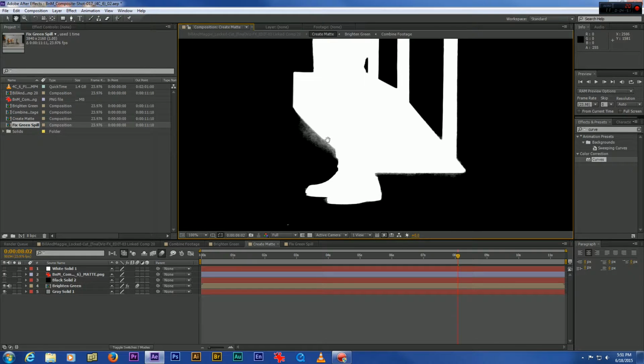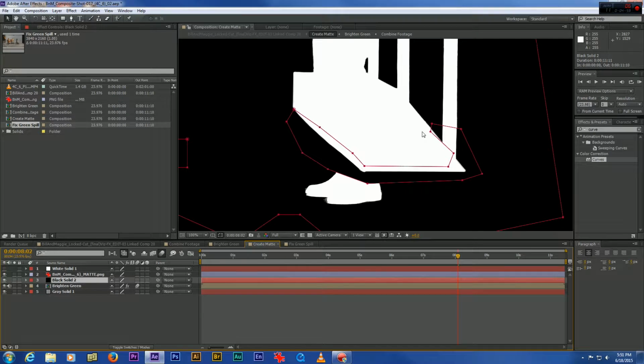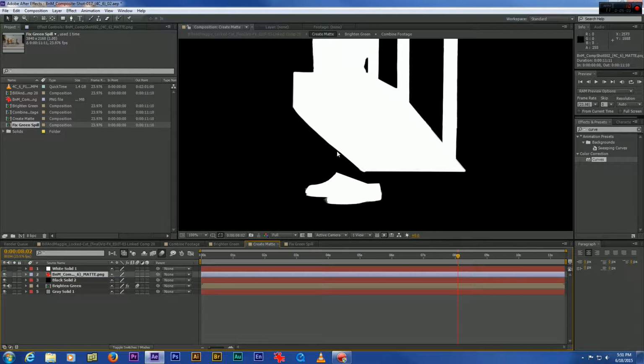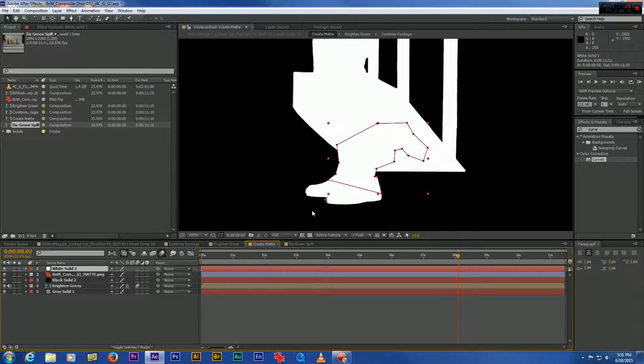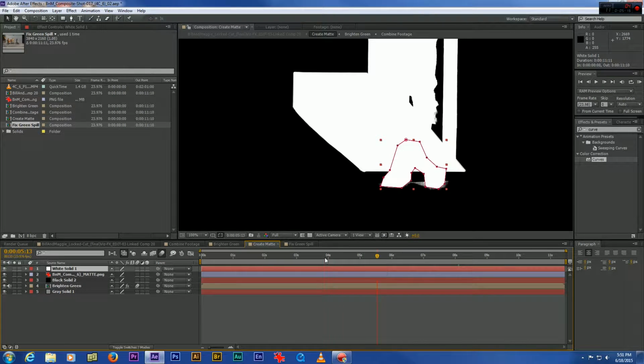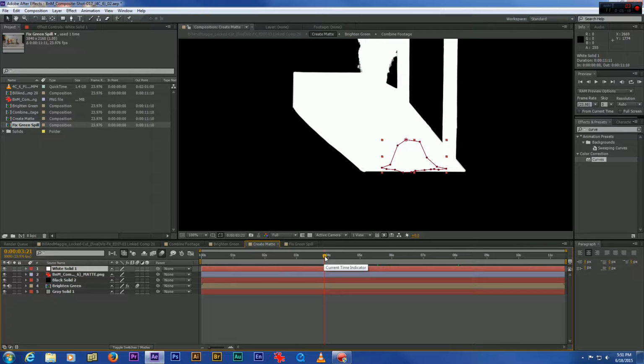But the other thing you notice is that this green haze or gray haze is still here. So what I have to do there is put a black mask on top of it. But then you also notice that we lose his legs. So then I have to put a white mask on top of that and animate it to where his feet go. Now this wasn't perfect, but if you notice when he steps down, let me see, it starts up here. So he steps down